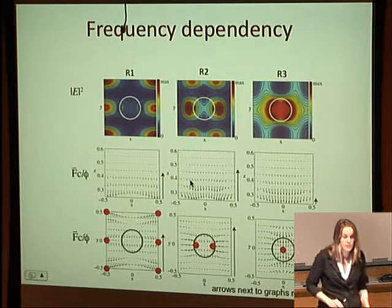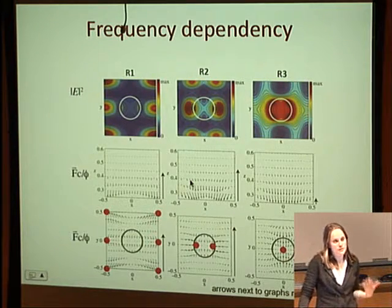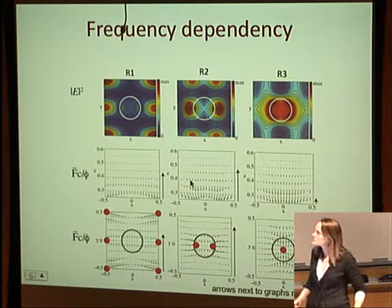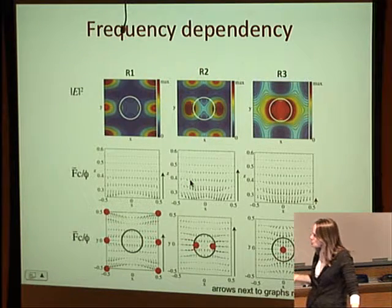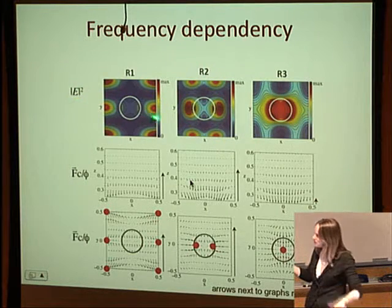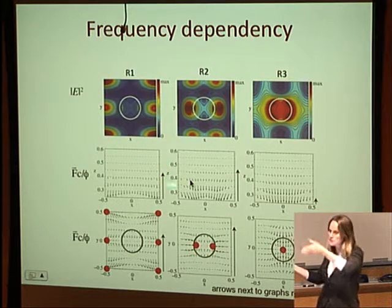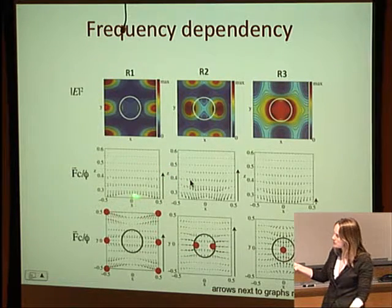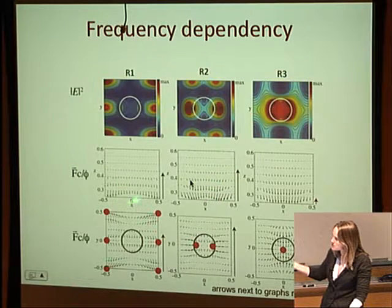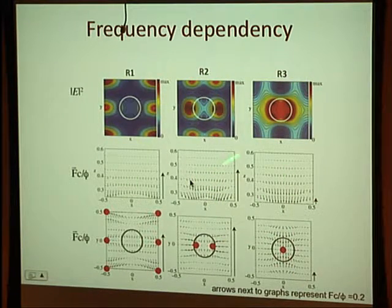Okay, so if we look at the frequency dependency, I mentioned that the idea is we could use different modes to get different trapping patterns. So here, this is just one hole. This is the intensity in the plane. And here, this is a Z cut, so this is now showing you the force down. The slab is here. You see that in all three cases, the forces are down towards the slab. And then if we look in the plane, we can look at the force map in the plane